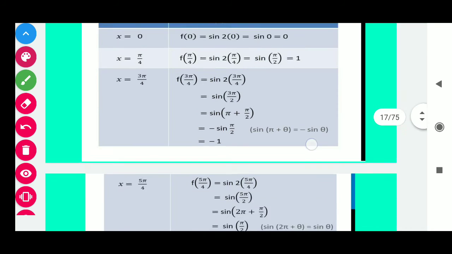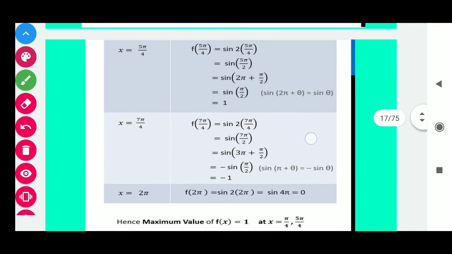Now students, similarly, we calculate for x equals 5 pi over 4 and 7 pi over 4 by putting the values in the function. Here 5 pi by 4, 2 and 4 cancel out, we get 5 pi over 2, and 5 pi over 2 is what? Pi over 2 is 90 degree. 90 into 5 is 450. So students, we can write it as 360 plus 90 degree. So here 2 pi is an even multiple, so sine remains as it is, pi over 2 as it is, and sin 90 is 1.